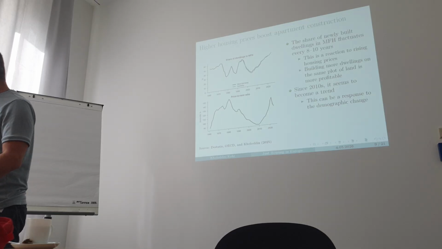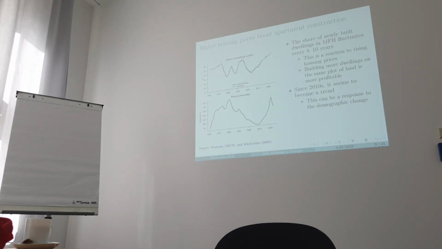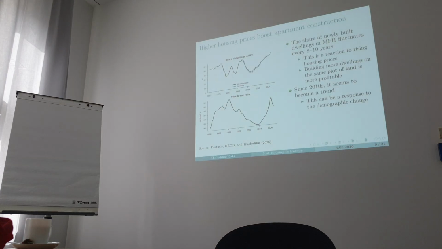And of course, if you wanted to build a single-family house on the same plot of land, with the price doubled, you would better build a semi-detached house with 2 families, so that you can neutralize the effect of increasing land prices. Or you can even, for example, build a multi-family house with many stories, with many housing units, so that you can also benefit from the price increases, because now you can earn more money for the same